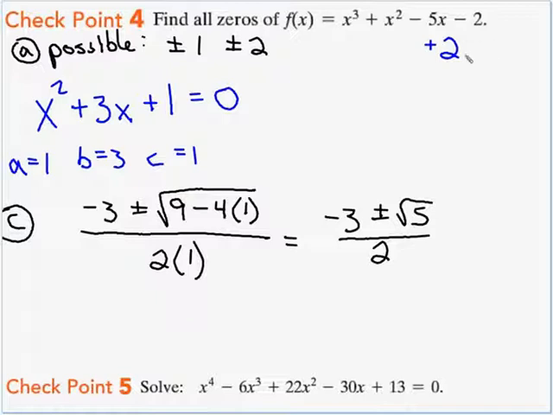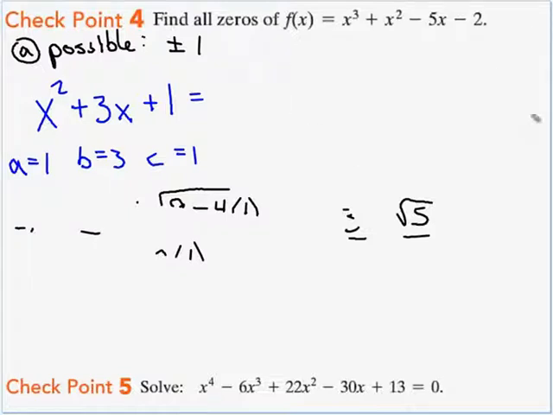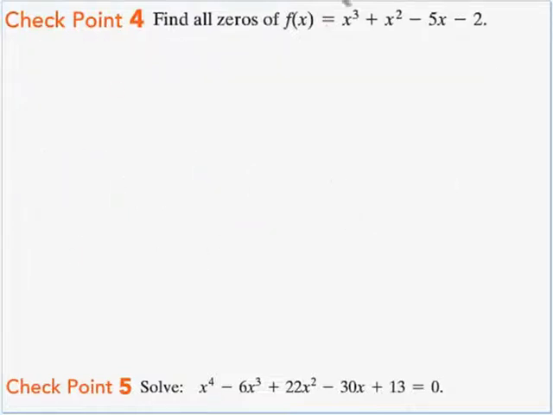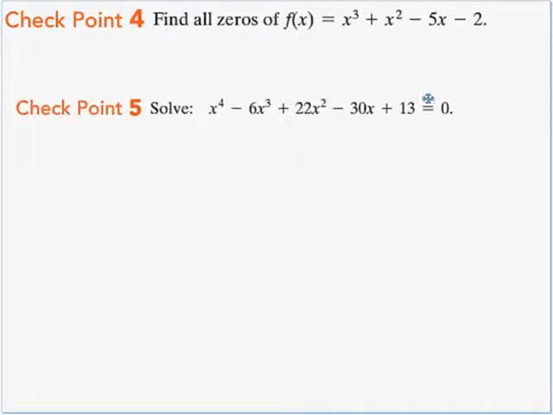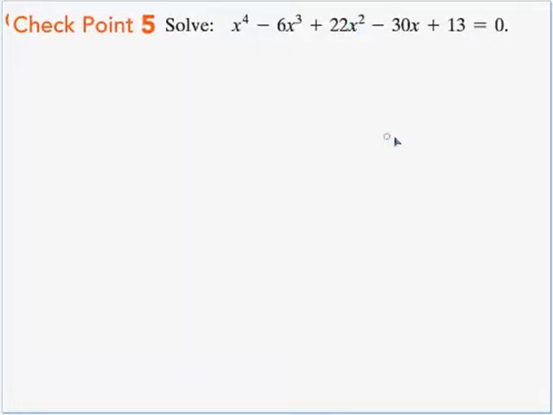So one of our zeros was 2, and the others are negative 3 plus root 5 over 2, and also negative 3 minus the root of 5 over 2. Not imaginary, but they are not rational roots. They are irrational because of that radical. That was a third power, so as long as we find 1 root and pull it out, we get down to 1 power lower, which is a quadratic, and we can solve that through complete the square or